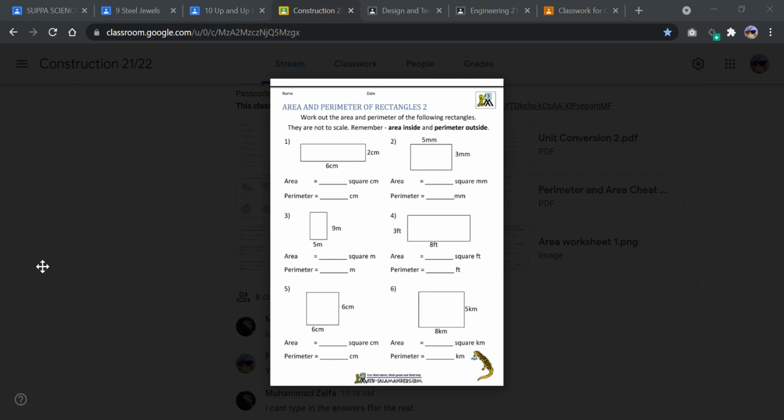The distance around the shape. That's right. So it's the distance around the shape. So this one here is length, this is area. So area is inside and